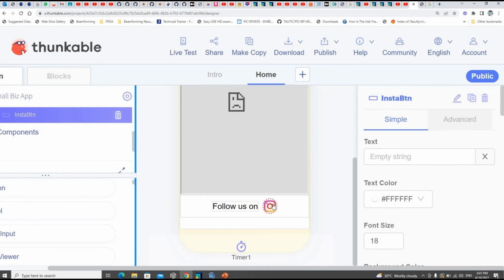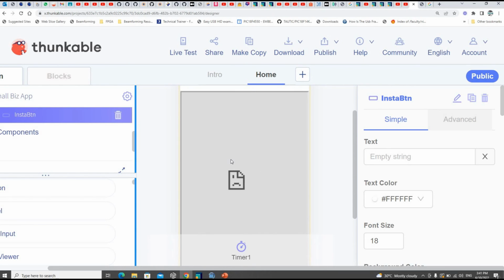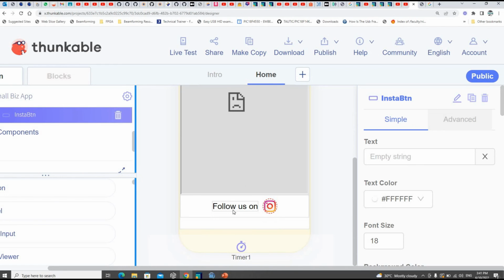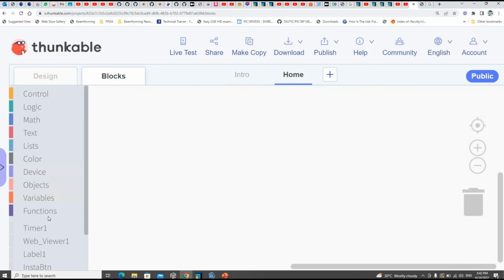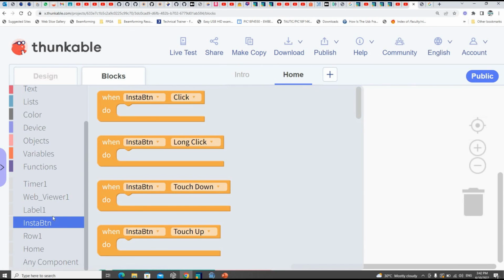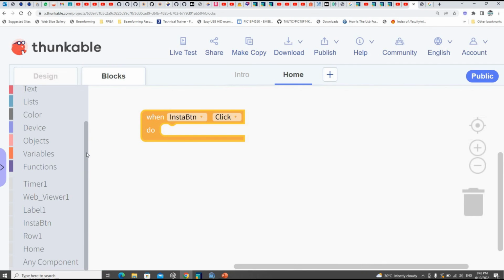So this is a button now. So when you click on this button, you're supposed to go to some other page, right? So for that, are you all done up to this point? There is this page, and then at the bottom you'll see follow us, and there's the Insta button. So this is the label, so this is the button. So when you click on button, you're supposed to go to your Insta page. But for that you need to assign the blocks. So if you go under the Insta button, so when Insta button is clicked, what you want to do,